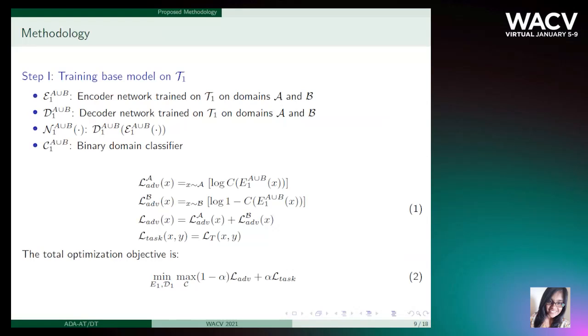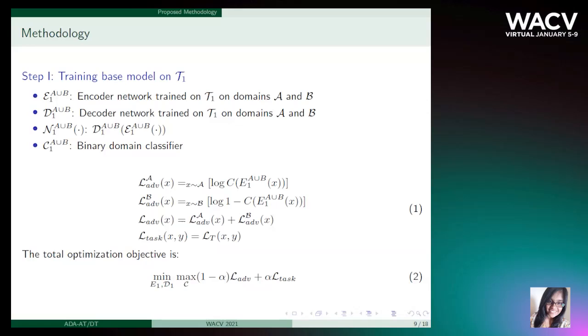The first step is to train the base model N1 on task T1 for both the source and target domains. The previous work ATDT consists only of an encoder-decoder model trained on the union of the source and the target datasets. We see that this method causes the output of the encoder to have a domain shift.